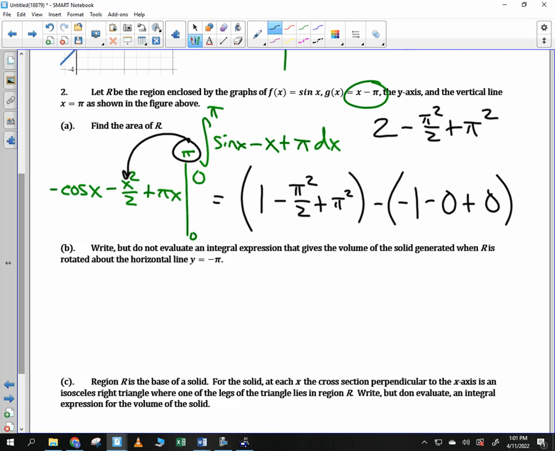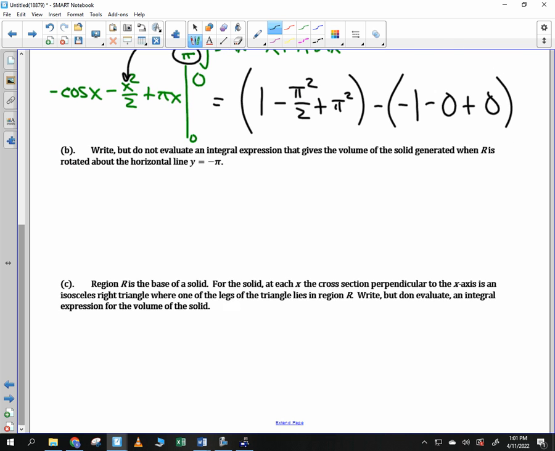My answer is written in terms of pi. That's fine. You might say, well, I want to find common denominators. Go ahead. You don't have to. Are we okay with that? Okay, move on to the next one. Right, but do not evaluate an integral